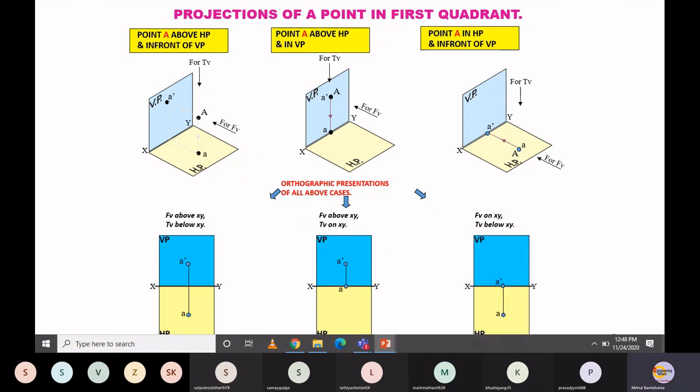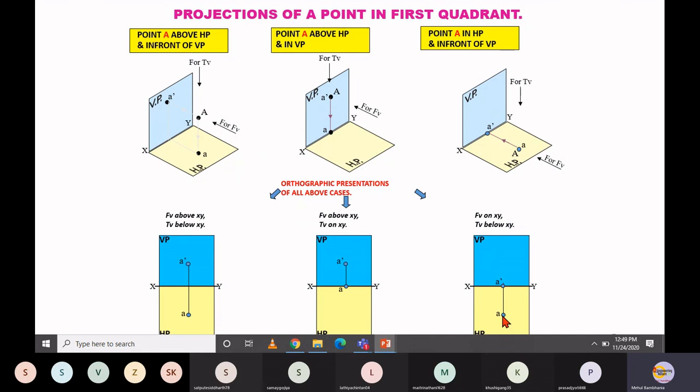And this is the third case. What happened with the third case? In the third case, we refer to the front view. Where is the front view exactly? The front view will appear exactly on the XY line. So let's highlight that XY line, and then highlight the front view. Where exactly is the top view? When you look from the top, the view appears as A some distance away from the vertical plane. So whatever distance is given from the vertical plane, you have to measure that distance from the XY line and then locate the top view position.